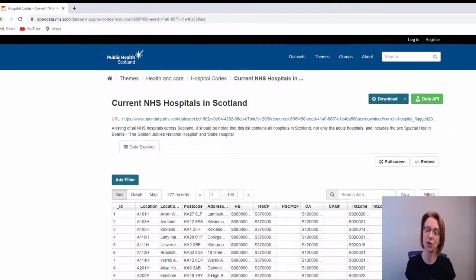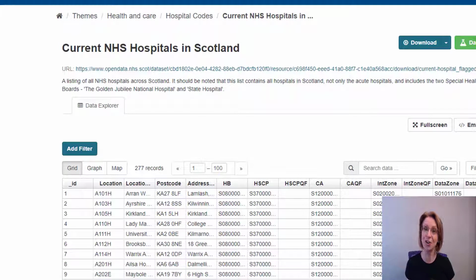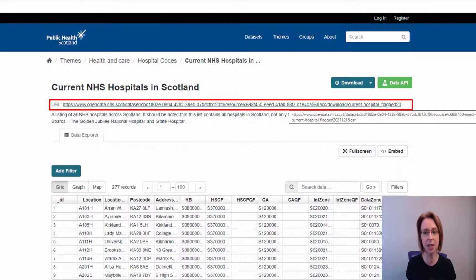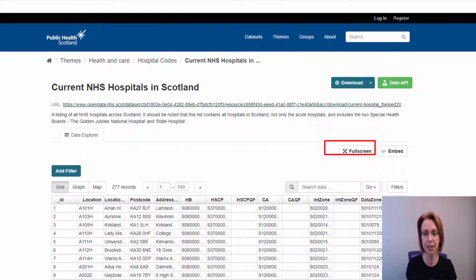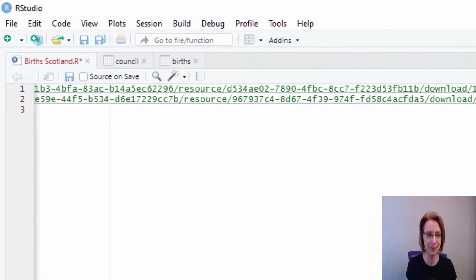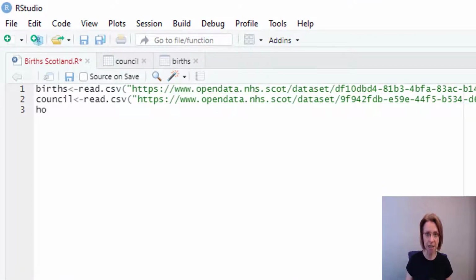This time we have 277 records or rows, and we have 16 columns excluding the ID column. Again, we just go to the top of the page where we've got the URL which ends in CSV, right click, copy link address, back through to R in our Birth Scotland data script. I will set up a new data frame and call it hospital and feed in